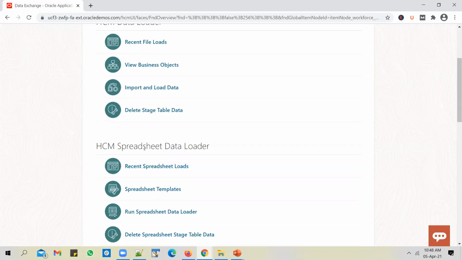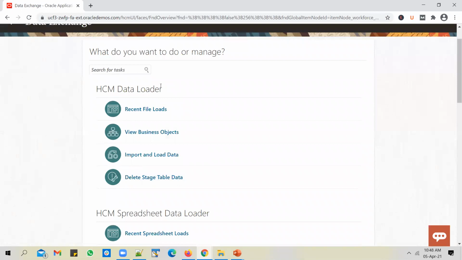If it's a small data set upload, say for example you want to load 100 jobs or 1,000 positions, you could use HCM Spreadsheet Data Loader for that. We'll cover HCM Data Loader first, and then we will move on to HCM Spreadsheet Data Loader in a future video.